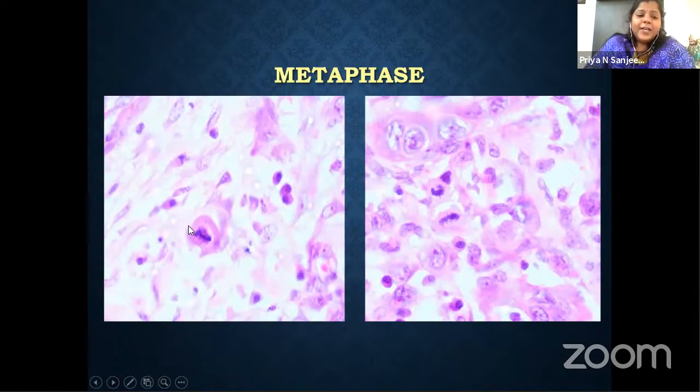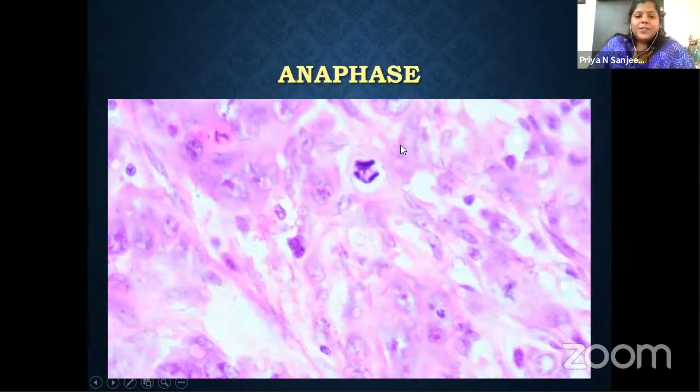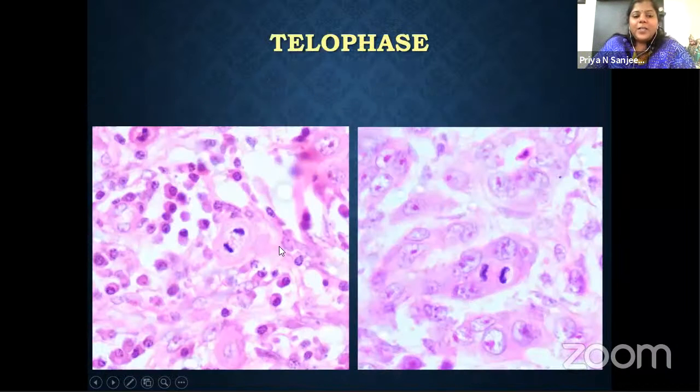Then metaphase, it is called caterpillar cell. You can see the little elongated structure, again with nuclear irregularity because of the loss of nuclear envelope. Third stage is anaphase, where they're retracted to the opposite poles and they're connected through a thread. And again, it is irregular because of the loss of nuclear envelope. The last phase is telophase, where there is a division. Here, the nucleus is trying to gain its shape. There is formation of the nuclear envelope. So it is not that irregular. So this is telophase. You can identify.